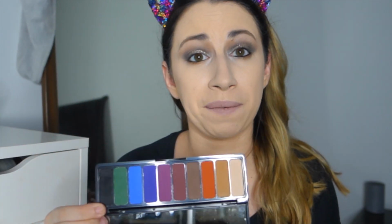Okay, well, things took a turn really fast, and somehow I went from not wanting to be dramatic to winding up with like a dark smoky eye. But as I was working with this, I kind of realized that I am not an all matte eyeshadow girl, so I took a break and kind of looked at what I was working with and added a bunch of